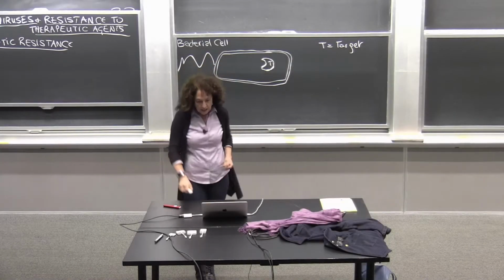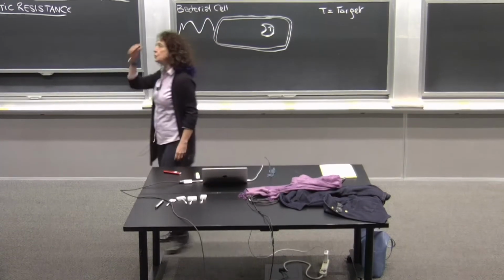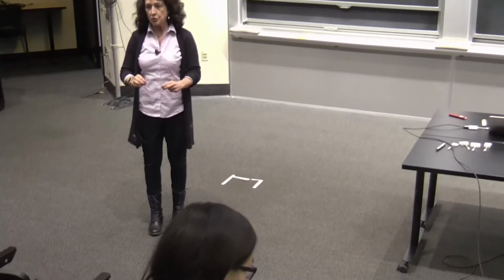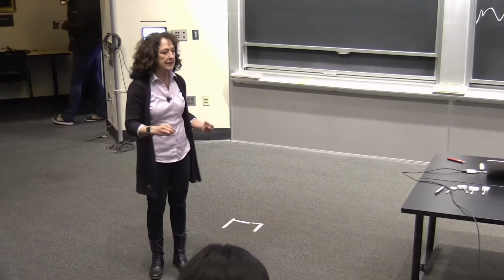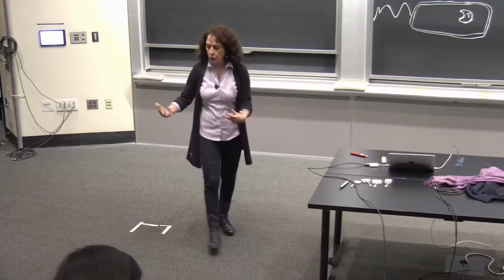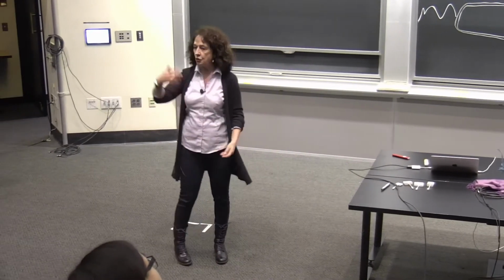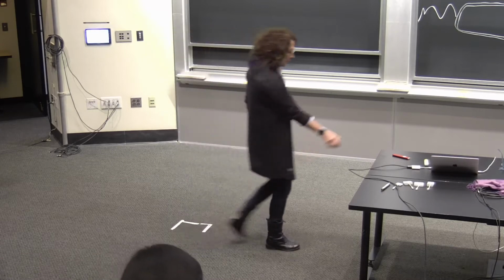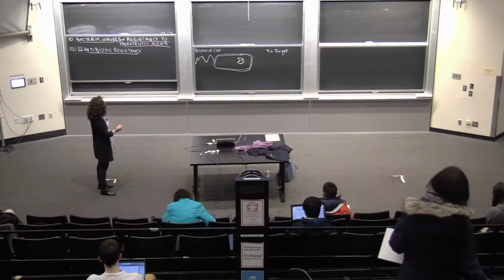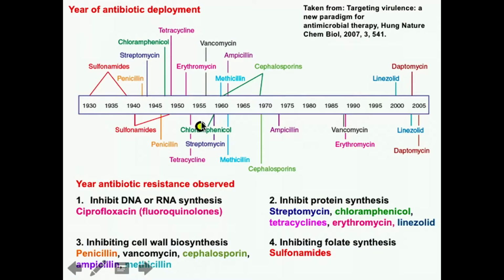Okay, I want to walk us through a bit of an exercise to understand what happens when people become resistant to an antibiotic. What's the molecular basis for resistance? It's nothing magical. It's really things that you can understand based on what you've learned during various parts of the course. But I just want to remind you about this sort of dreadful schematic here, which shows how rapidly resistance emerges to different antibiotics by showing you the year that the drugs are introduced and the year that resistance is